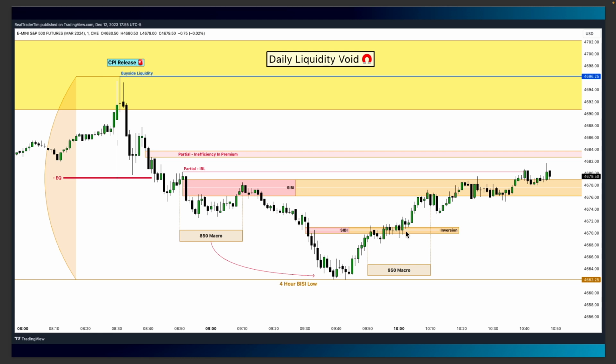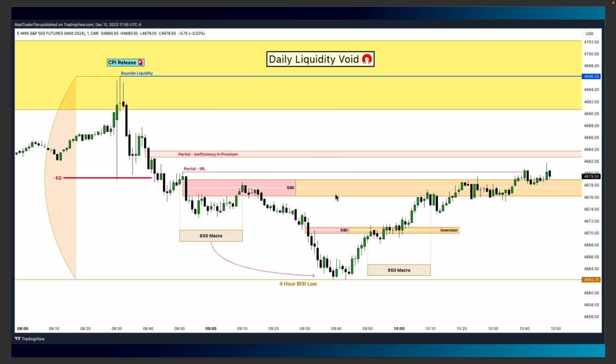Once we close above it, it's the change in the state of delivery, because the bodies tell the story. The algorithm's closing above it. It's not showing respect anymore as resistance. So these are the initial footprints, the initial signatures that we could be reaching for at least a short-term premium,